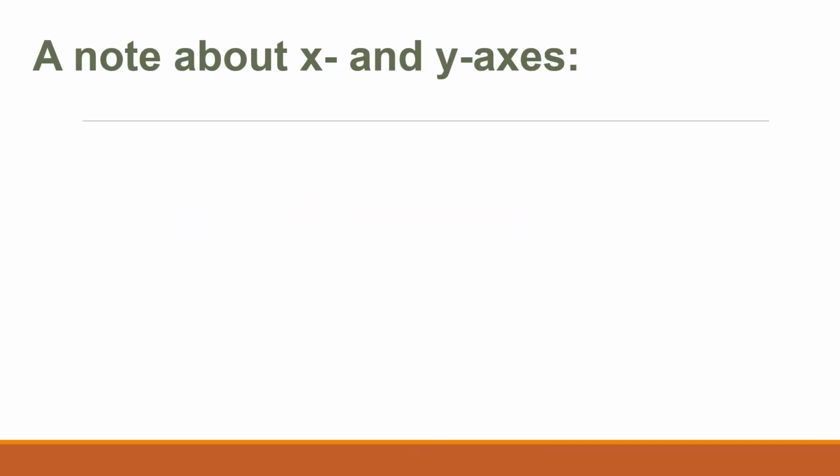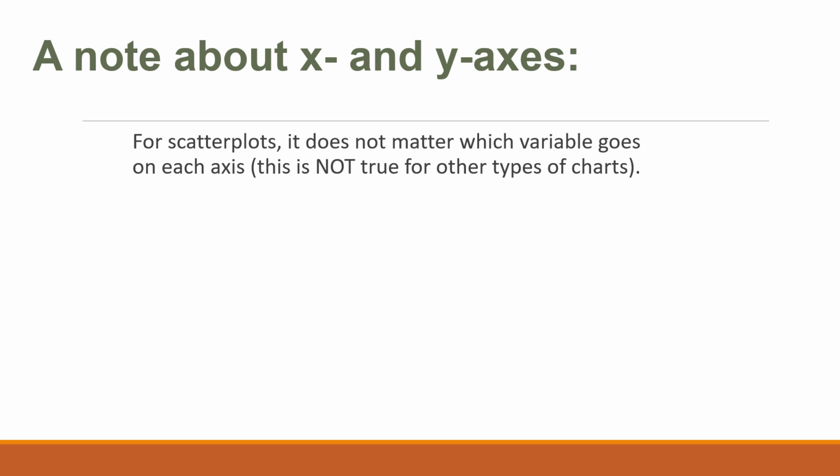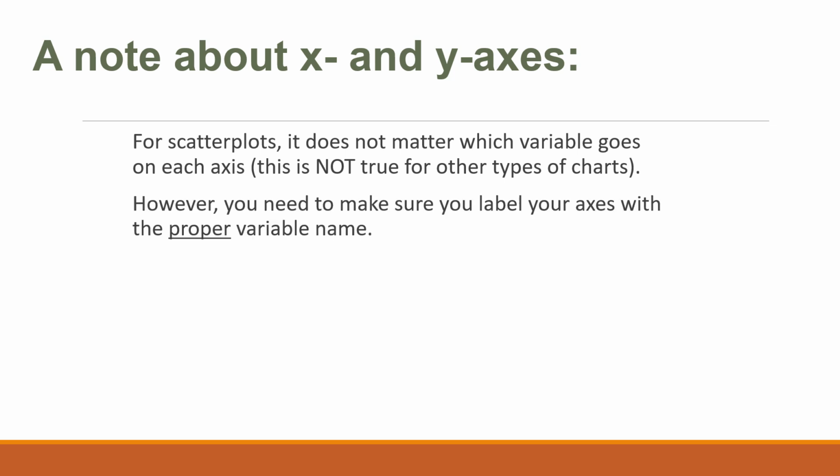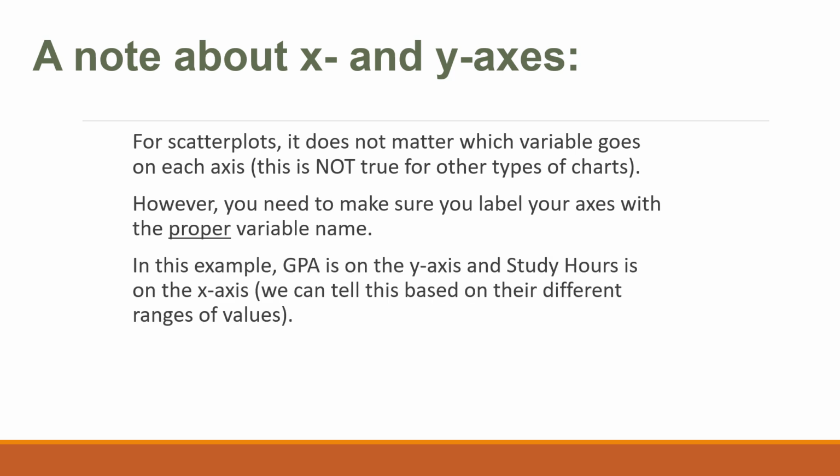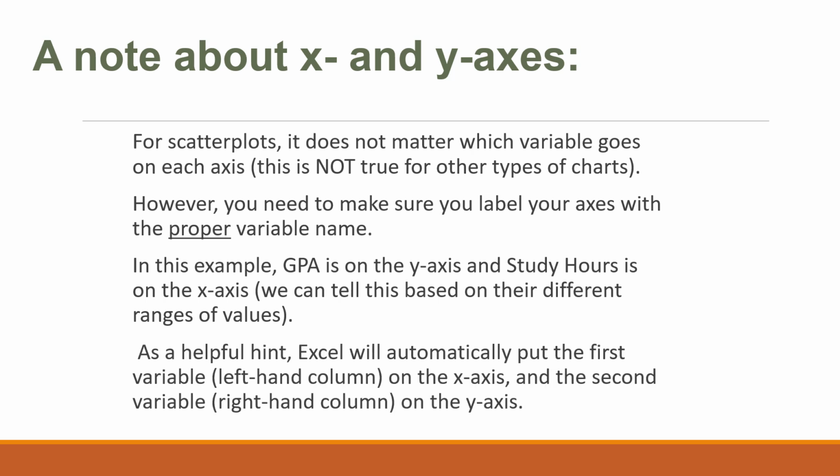Now there are some points to remember. For a scatter plot, it does not matter which variable goes on each axis. This is not true for other types of charts. However, you need to make sure you label your axis with the proper variable name. In this example, GPA is on the y-axis and study hours on the x-axis. We can tell this based on their different